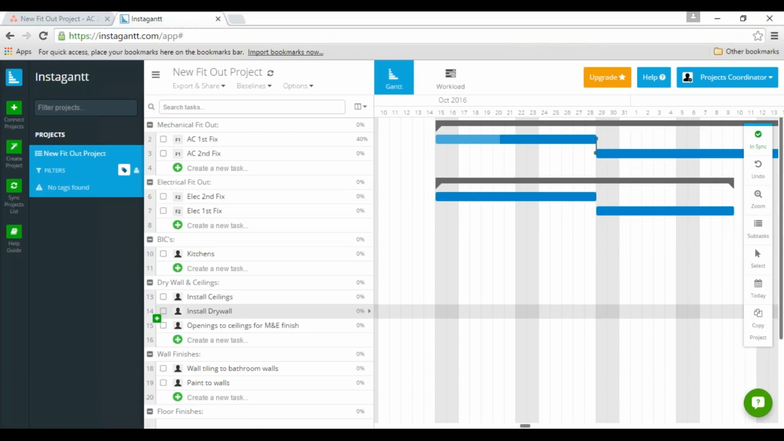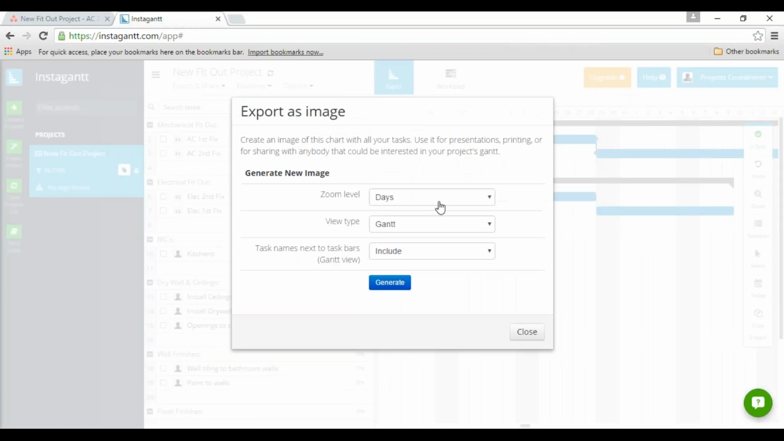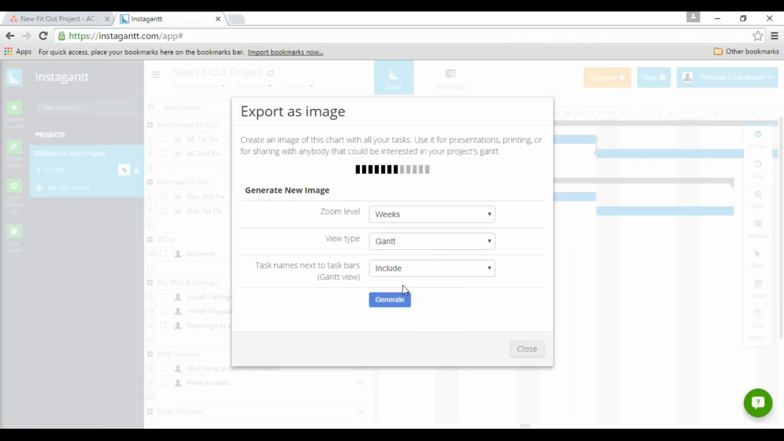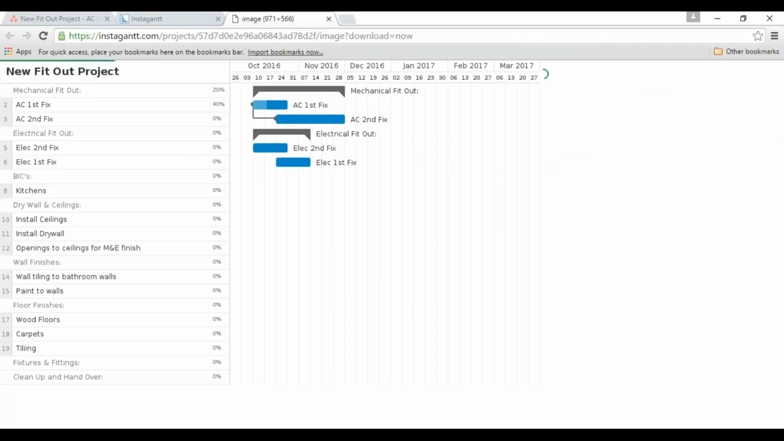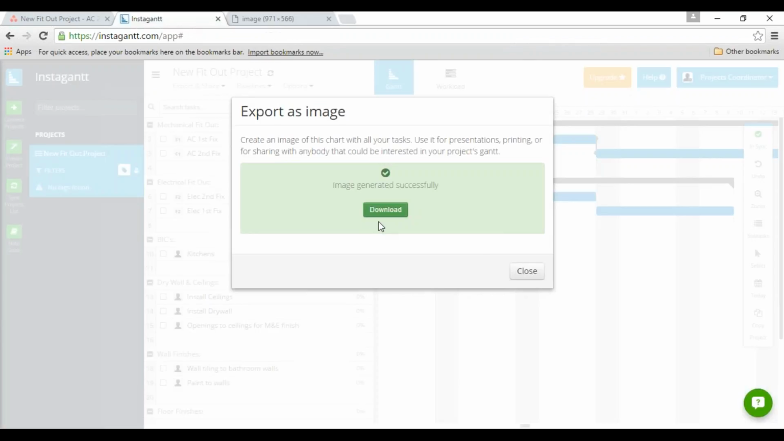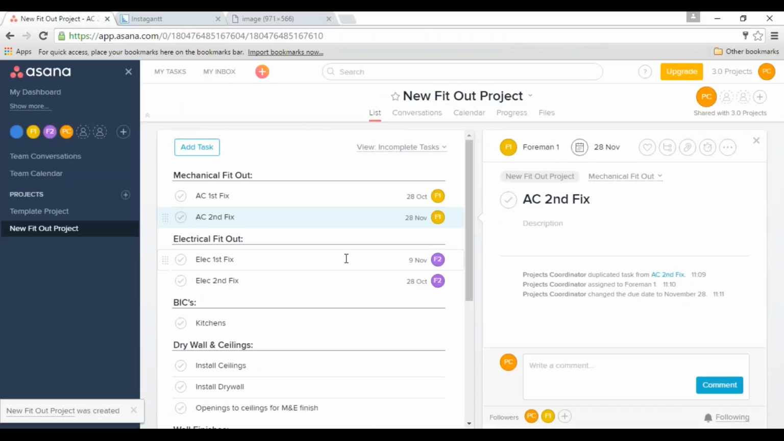And now once you're ready with your project, you can then share it. You export its image. In this case we wanted to show as weeks. Download, and you can see the project schedule, which you can share with all the team members. We go back to our instagantt, we close. Now if we go back to our Asana, you notice that it doesn't really show durations but only shows the end dates. But on the calendar as well, you can view this progress